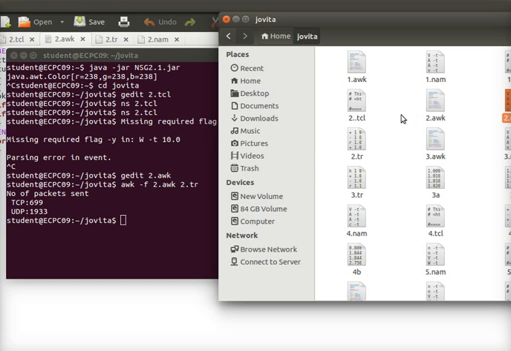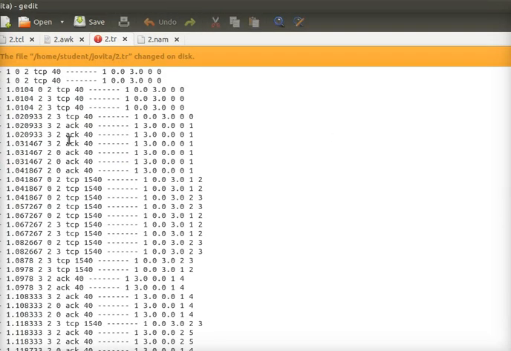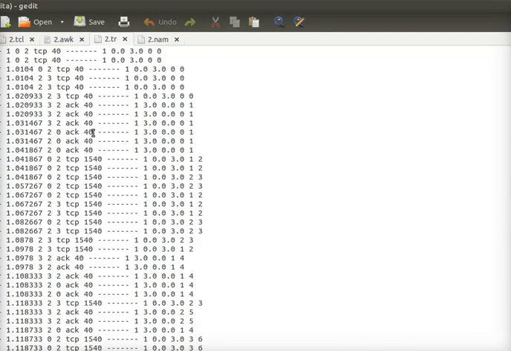It is with the name 2.tr. So here 2.tr, you can reload this. Here you can see the first field. The first field that we have is the event. The event can be of the type r or it can be d. So receive, drop, enter, plus, minus, all that are